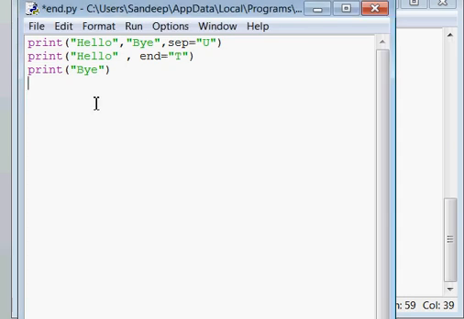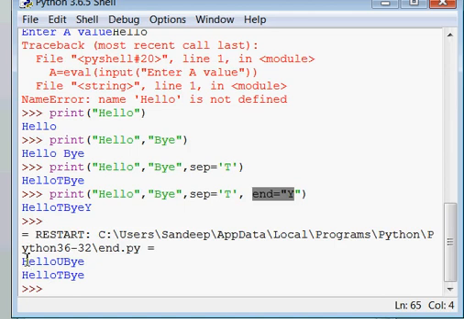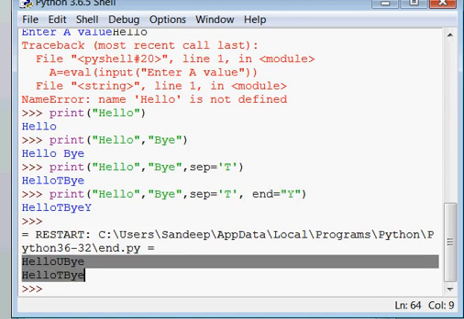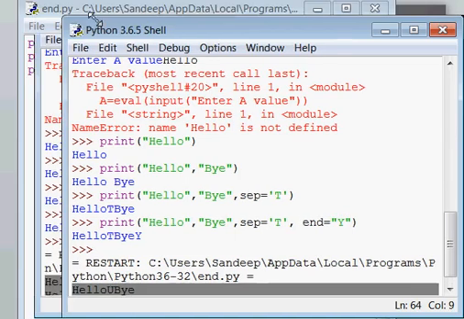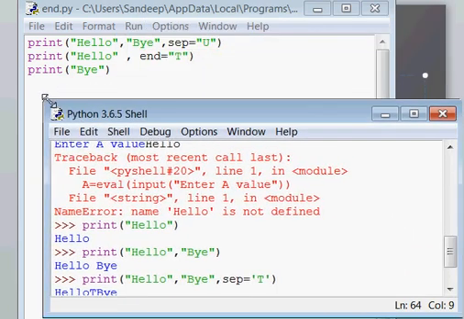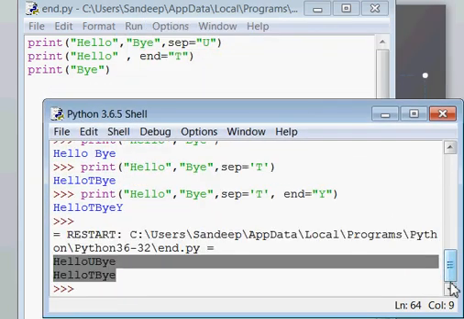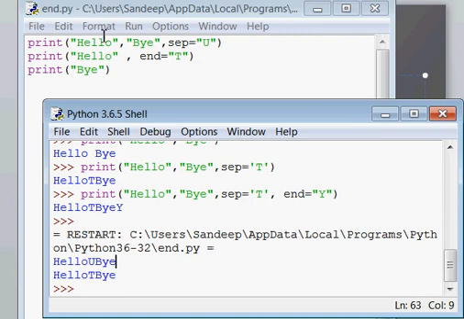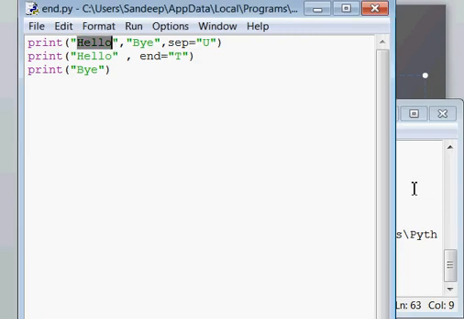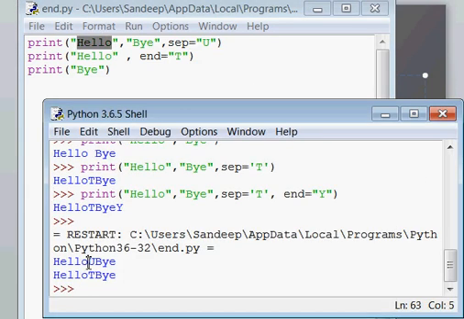See, I have made a little code here. If I run this code, it is printing these two messages. So let's check how it is printing these two messages. First, hello is printed here. Next, you have given sep u, so your separator u will be used here, and then the message bye, and you have not given any end in this first statement.